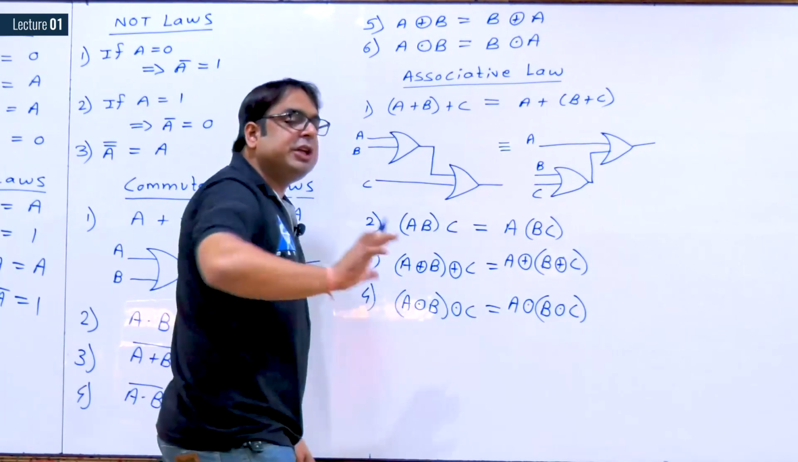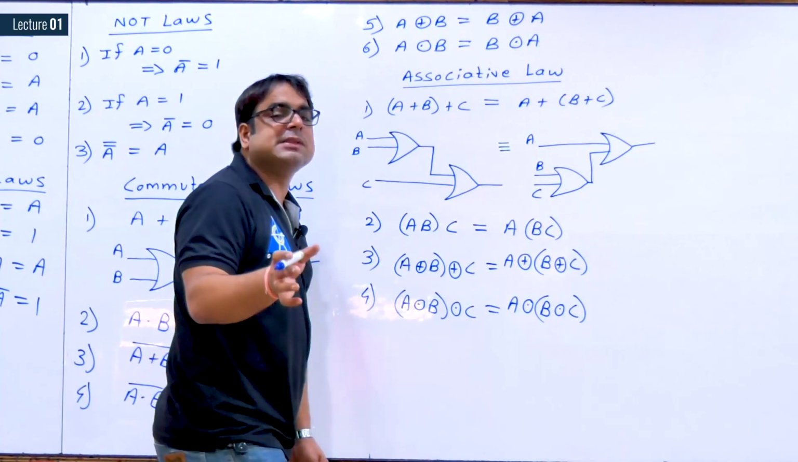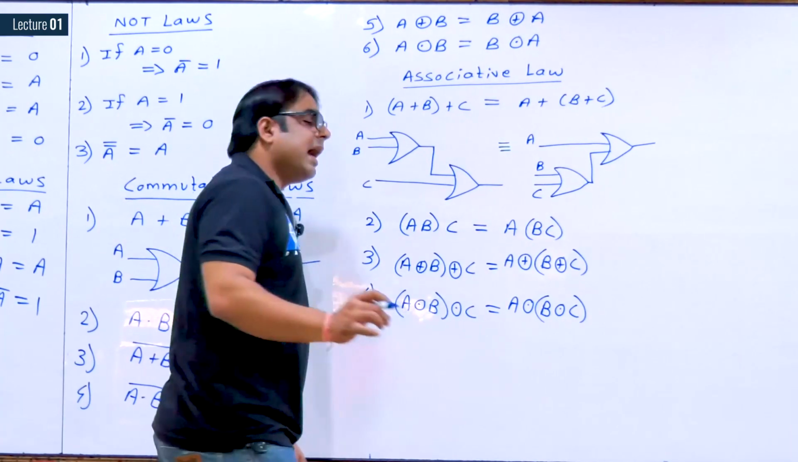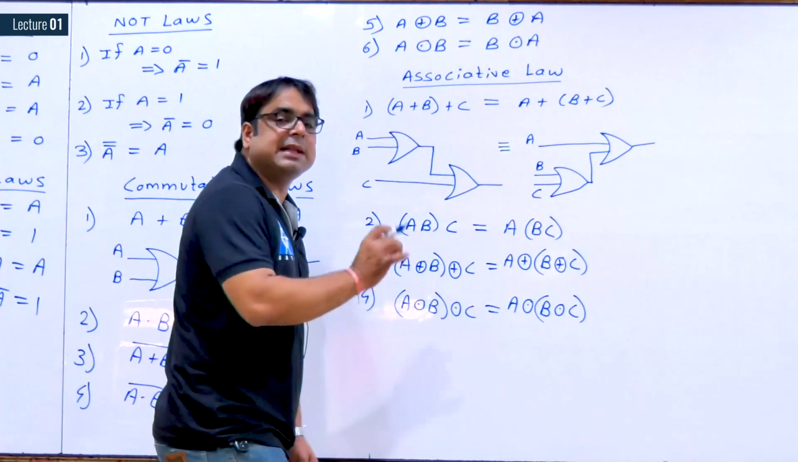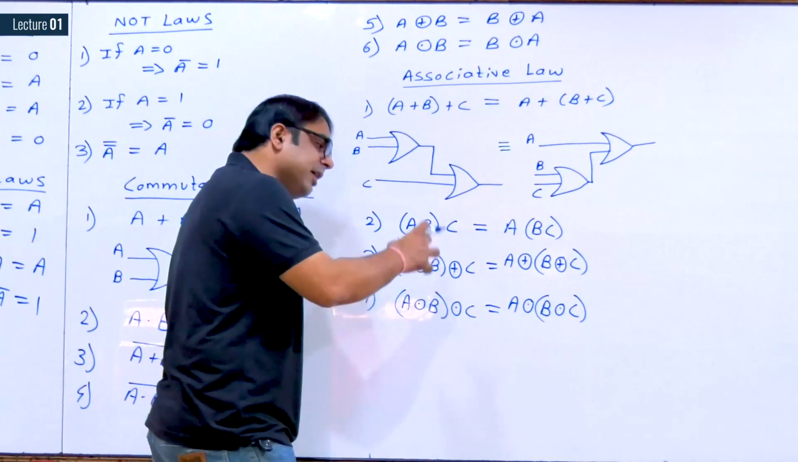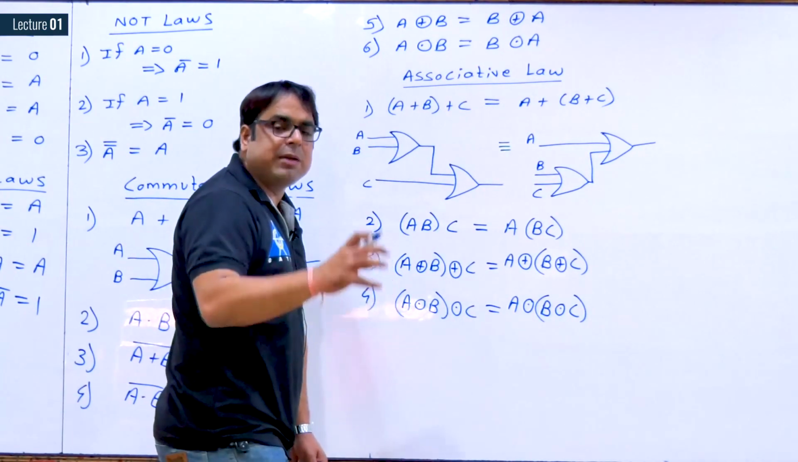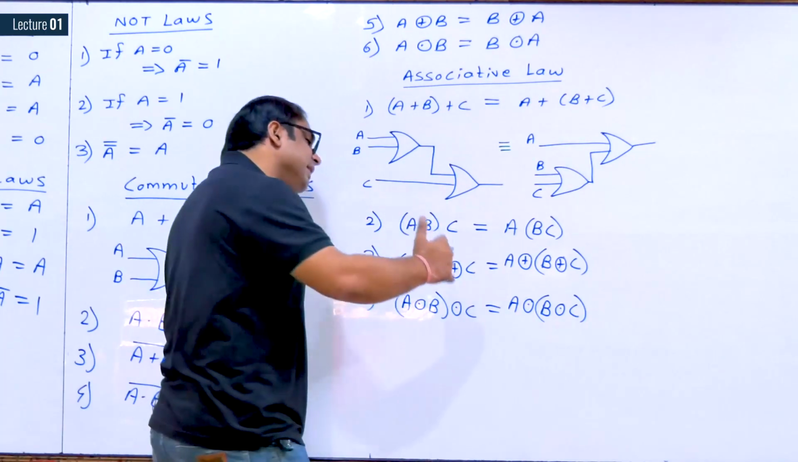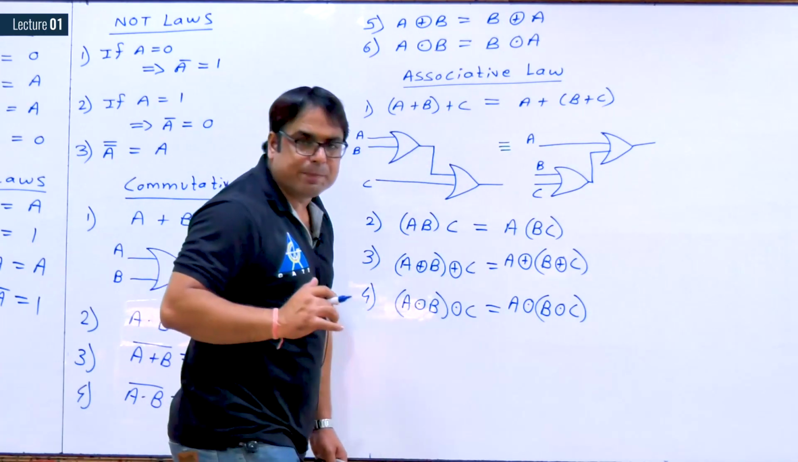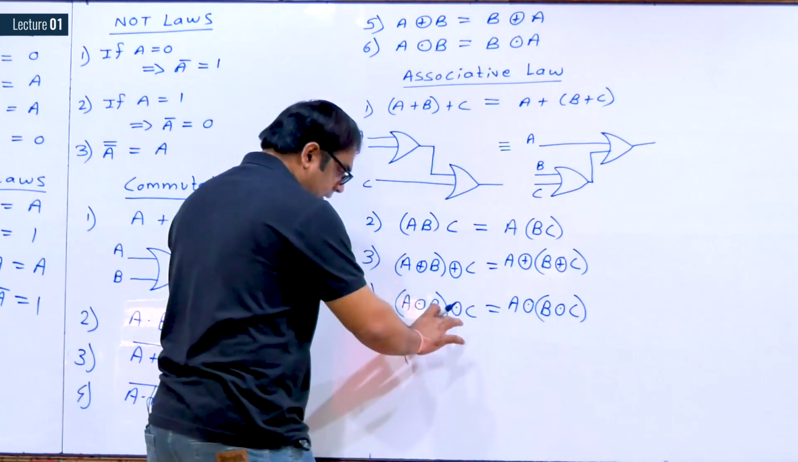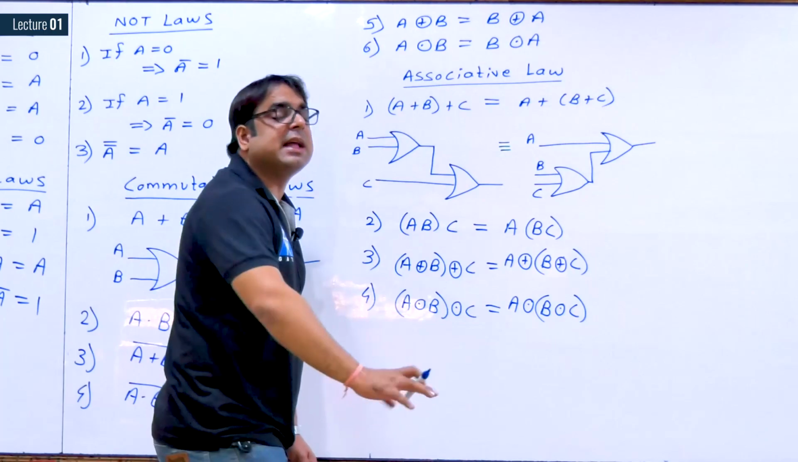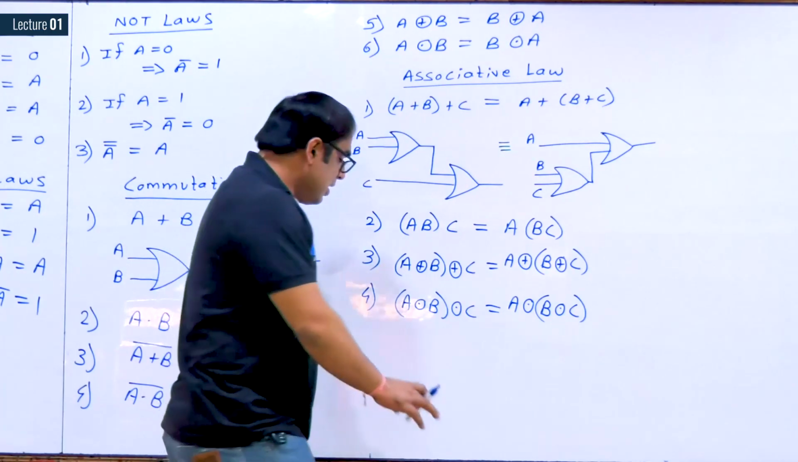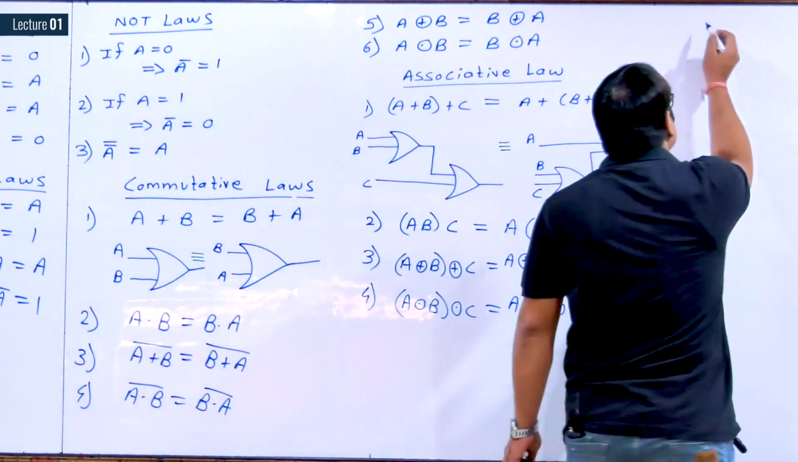Now, I want you to try for NAND gate. I want you to try this associative law for NAND gate. I am also solving. You can pause the video for some time, you can give it a try, and then you can continue watching the video. So now what we will do, I am continuing with the NAND gate, and then I will also do for NOR gate. So now coming to the NAND gate,